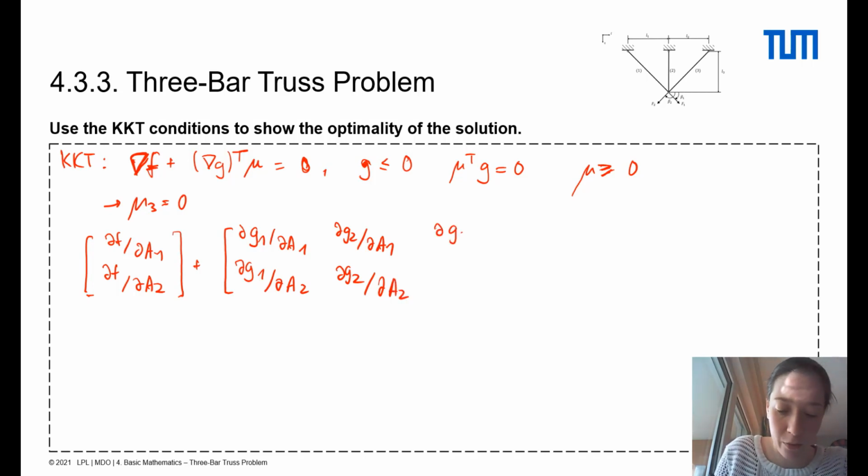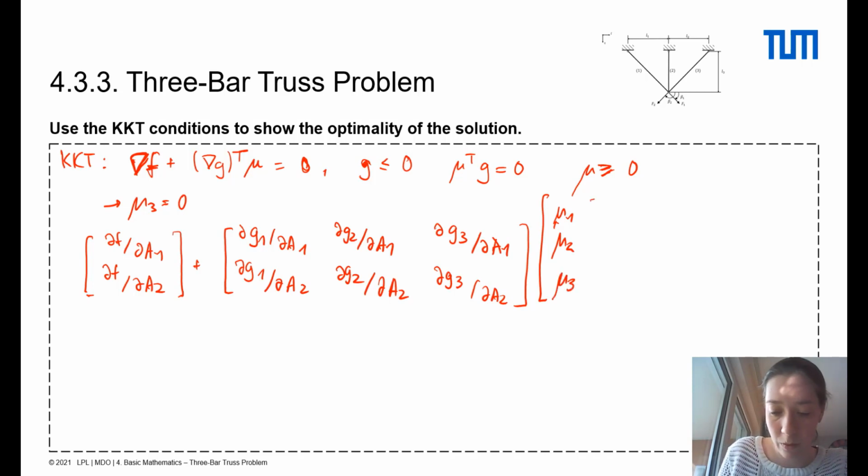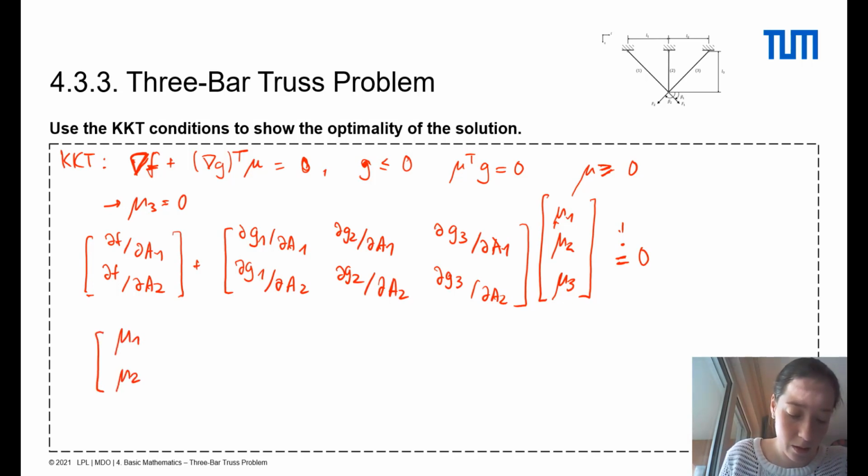And we got the same for g3. And this times mu1, mu2, mu3 has to be equal to 0. But we know that mu3 is 0, so we can cross out that column and that line. And then we're left with two equations for two unknowns, and we can invert this matrix,